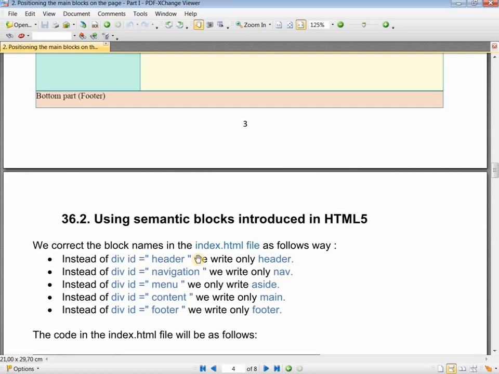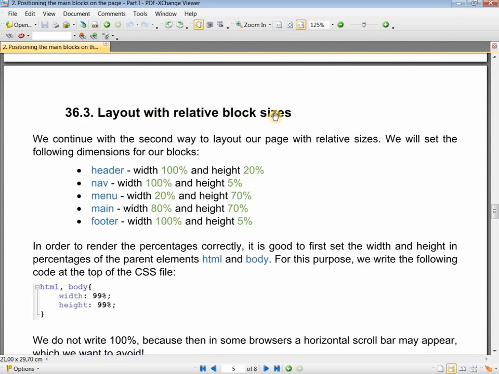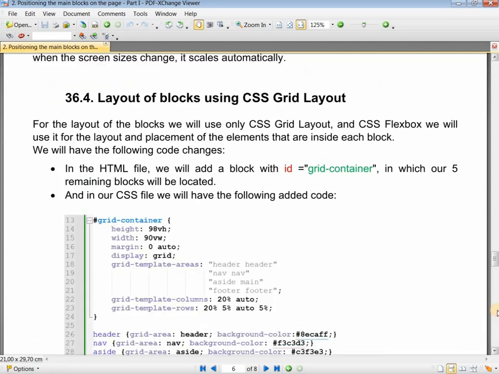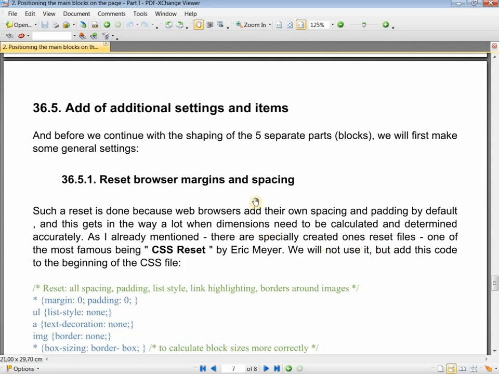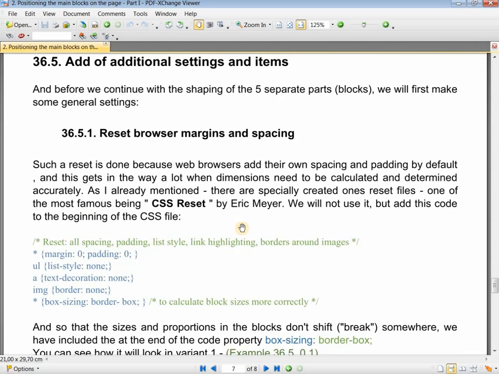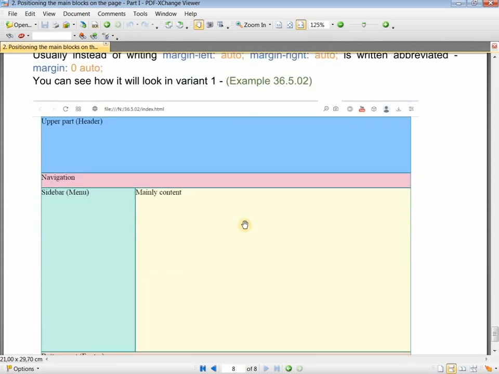Now here I'm going to show how to use semantic blocks, introduced in HTML5. Then I'll show the layout with relative block sizes. Then I'll show you how to lay out with the new CSS Grid Layout approach. Then I'll make some additional settings. And with that I'll finish the presentation of this